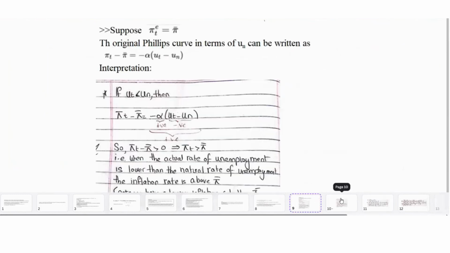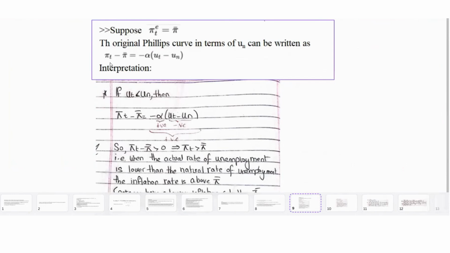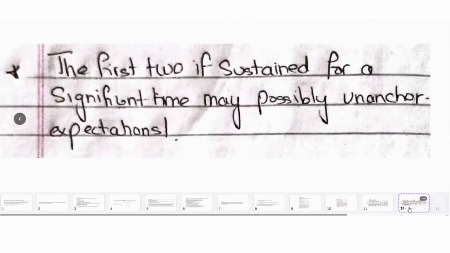So we looked at the interpretation of this. This is the original Phillips curve in terms of un. If ut is less than un, then pi t is above pi bar. If ut is greater than un, pi t is less than pi bar. If ut is equal to un, pi t is stable at pi bar. And here note something: the first two, if sustained for a significant time, may possibly unanchor expectations,